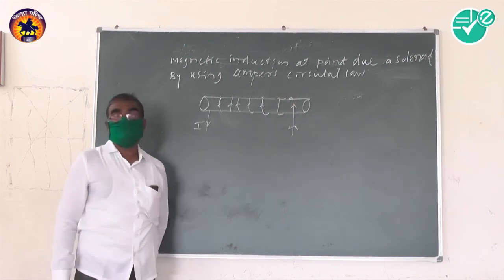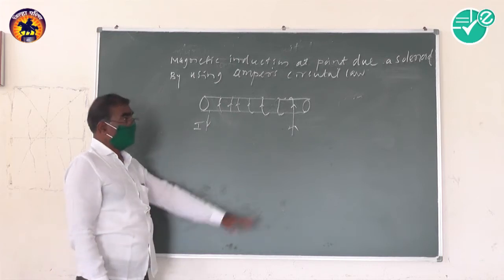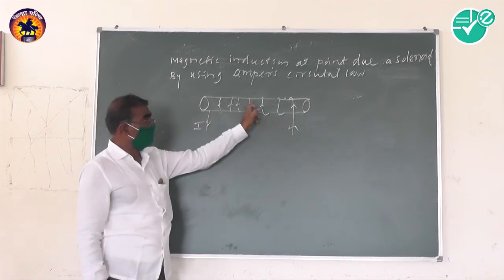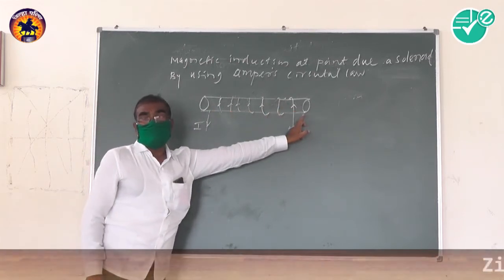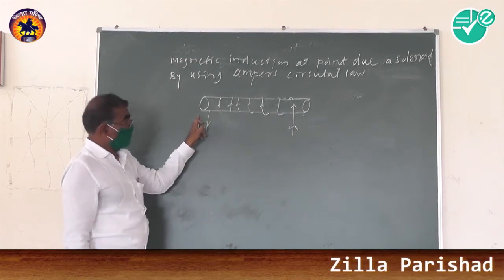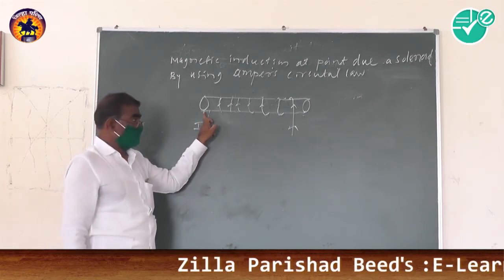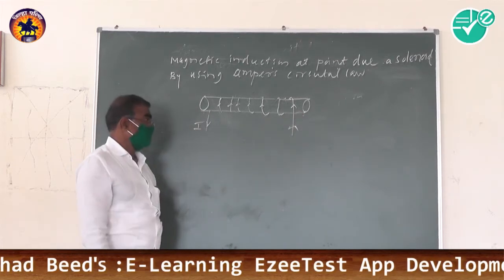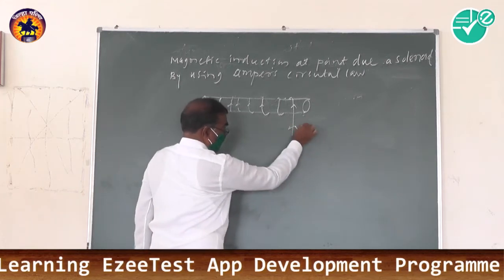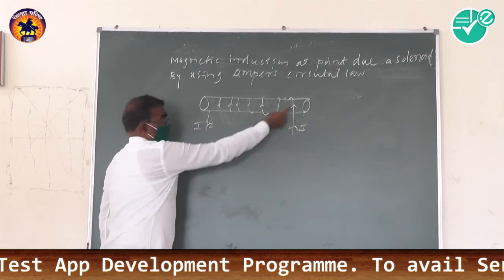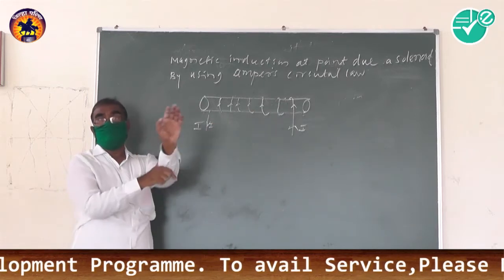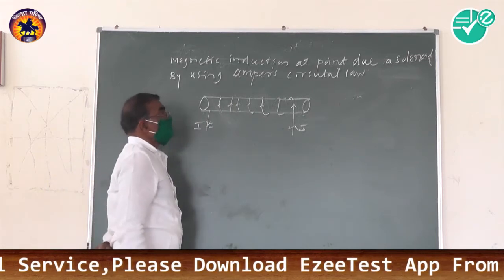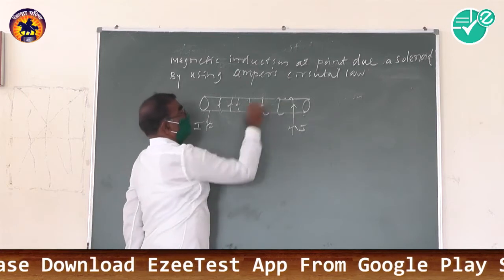Solenoid is a Greek word, which means a tube-like structure. The solenoid consists of a large number of turns of wire wound on a tube, whose length is large compared to its diameter. The electric current I in the solenoid produces a magnetic field. That current in the coil produces the magnetic field.